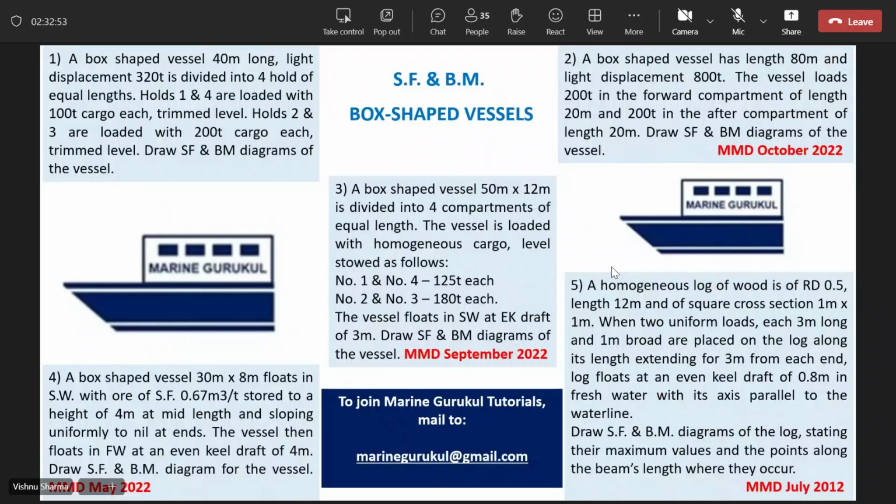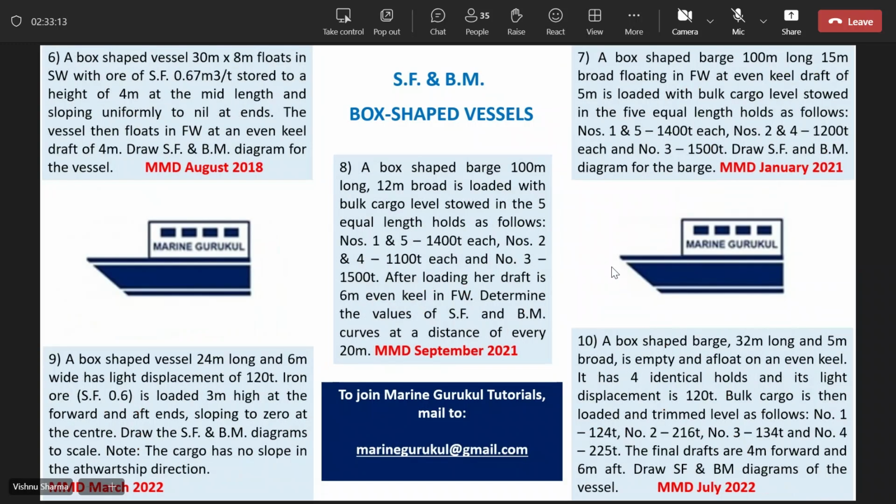This first question we have just done. Second question, you can do this one. Third question, you can do. Fourth question, you will not be able to do. Fifth question, you can do. So first, second, third, fifth, and then